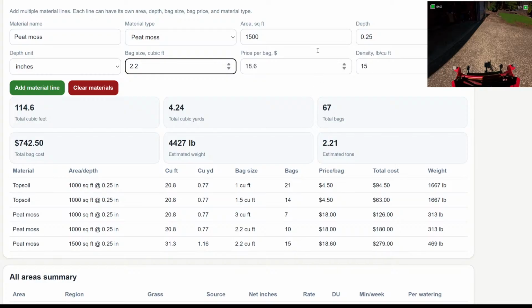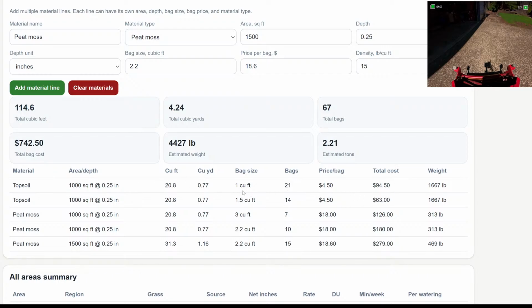So it's just telling you how many bags you need to do that depth for that square footage based on what you're buying here. And like I said, I'm working on all this stuff, and what it's doing is a running total. You're supposed to be able to edit this, but I don't think I have my edited version uploaded here. But I have a whole bunch of materials in here that I've already added, and I did the pricing and all that kind of stuff.